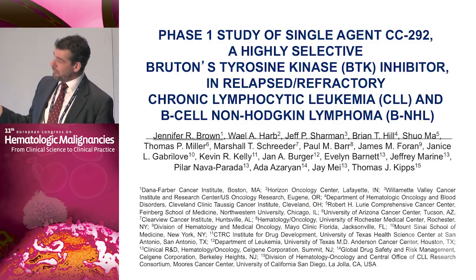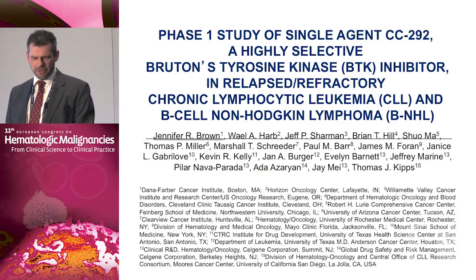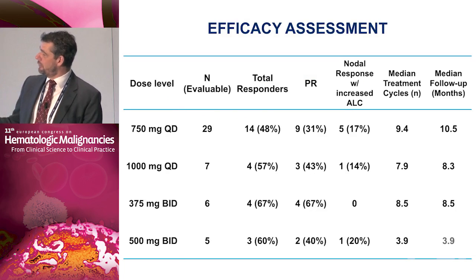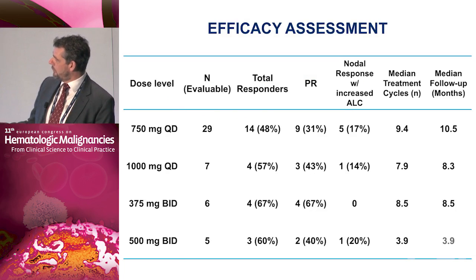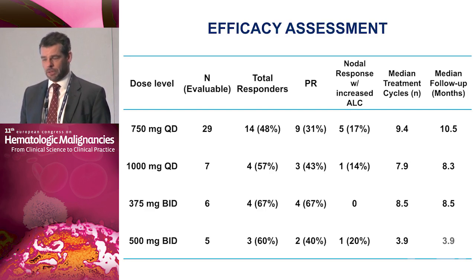Another BTK inhibitor, this is CC292. This is the Celgene BTK inhibitor, which had actually been around for quite a long time. What was quite disappointing with this one is in the phase 1 study of this drug, there was no activity whatsoever in the first 2 dose levels. As the dose was pushed up, you start seeing responses, but it took twice daily dosing before you got decent responses. This drug probably isn't going to go too far, because the ONO drug I've showed you and the ACP196,